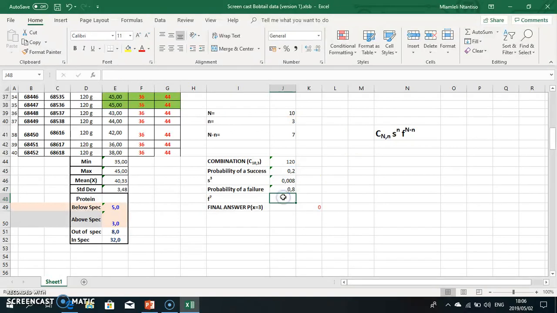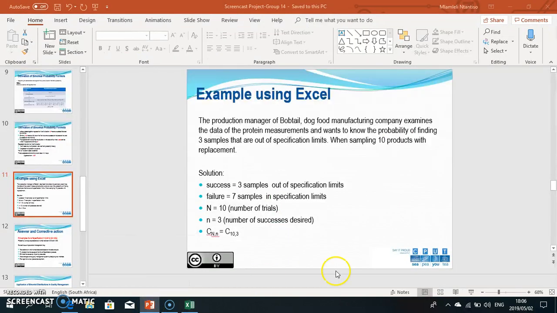This is your answer. And then to calculate that, you also type POWER, open brackets, and then your probability of a failure, to the power 7. So just plug in all the values that you've got for these variables of the formula. So now your combination is 120 times your success to the power 3 times your failure to the power 7. Then that's your answer. Now looking at the answer, the manager needs to make an effective decision using the answer